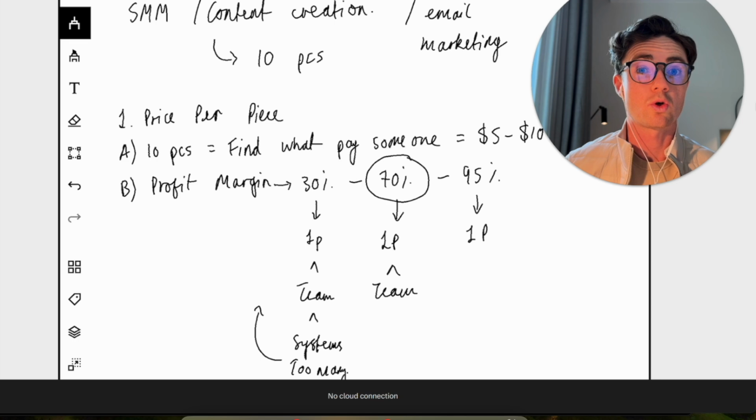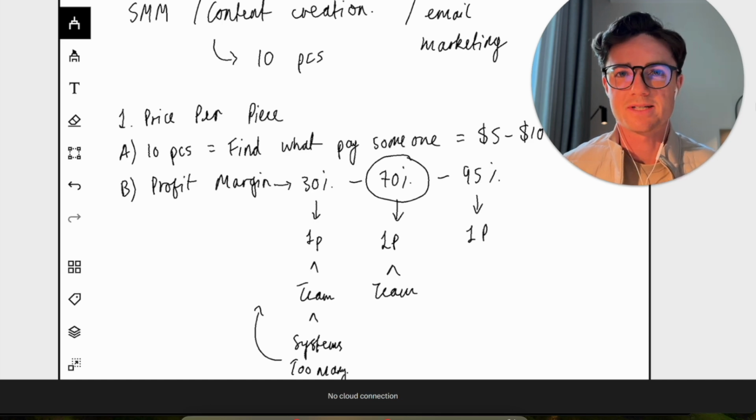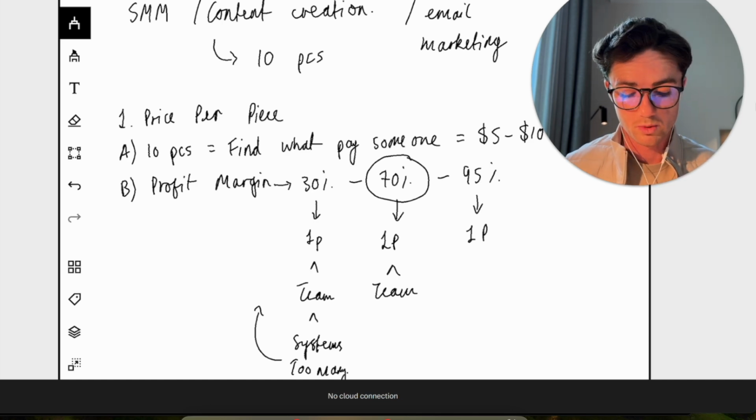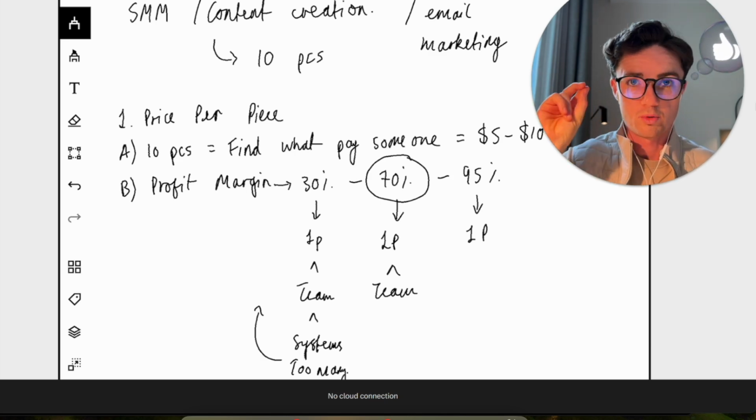I didn't have to work all day on the business. We could have a team manage most of the process, but we weren't recklessly overspending on extra team members we didn't need, or software, or new things that we thought would help but really weren't necessary for the business. All right, so once we have got our rough price per piece, if we're paying somebody, and our profit margin,